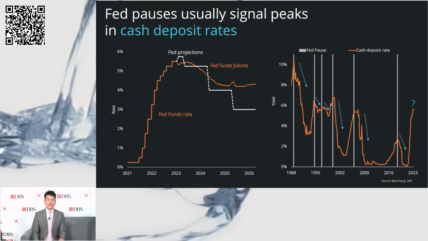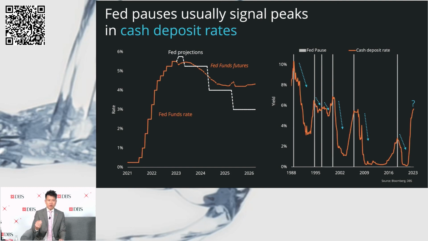But the good news is that we are late in the policy cycle, right? If you look at the dotted lines forecasting where interest rates are going to be in the next 2 or 3 years, the white line represents where the Fed themselves project interest rates will settle. And you will notice that these dotted lines no longer extend upwards, right? In fact, it is flat and lower. So this projects that in the next 2 to 3 years, they do anticipate the interest rate environment to come down and rate cuts to come into play, right?